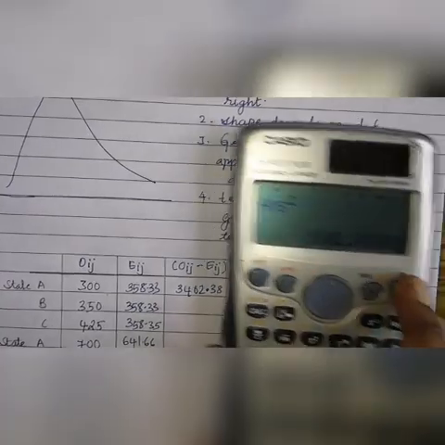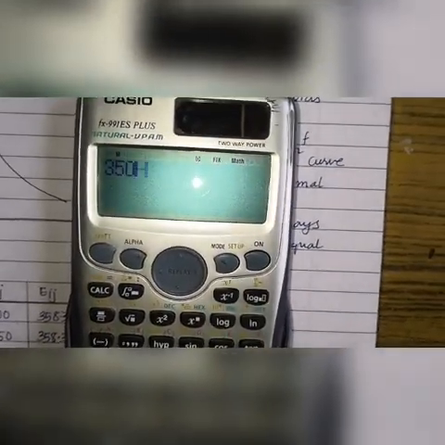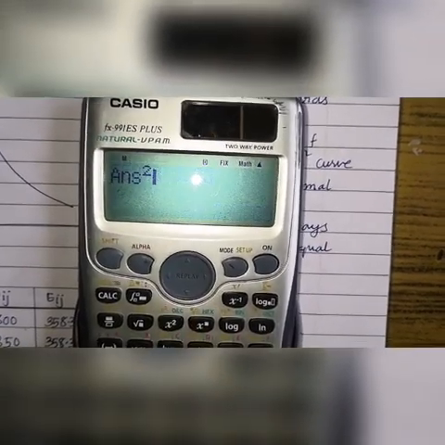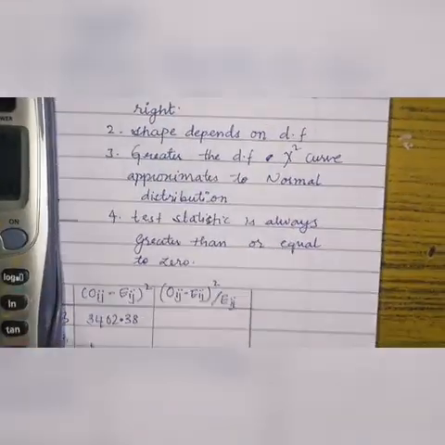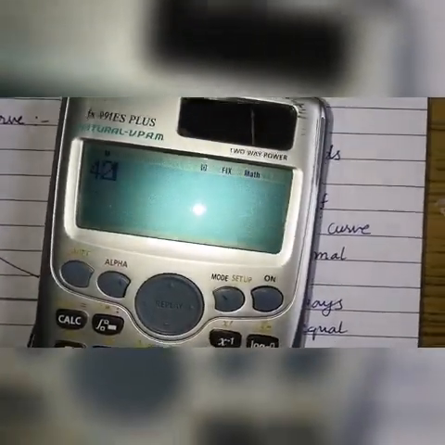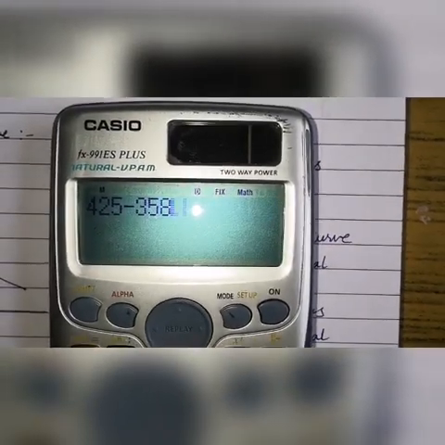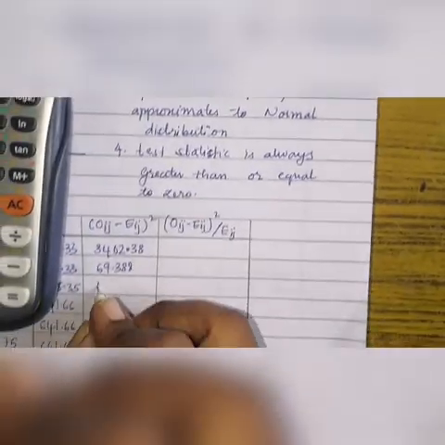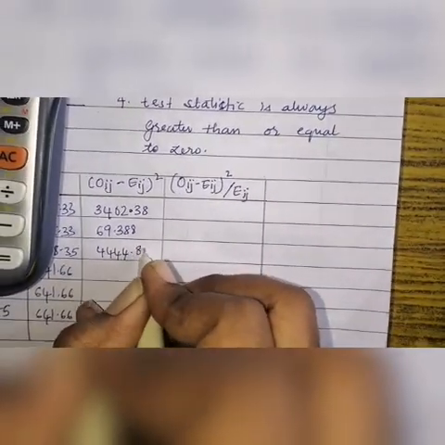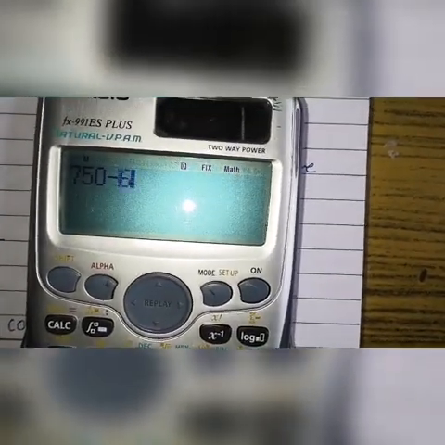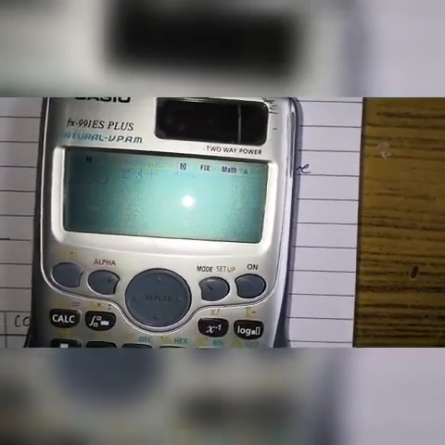Similarly, 350 minus 358.33 whole square is 69.388. Then 425 minus 358.33 whole square is 4444.88. Next, 750 minus 641.66 whole square is